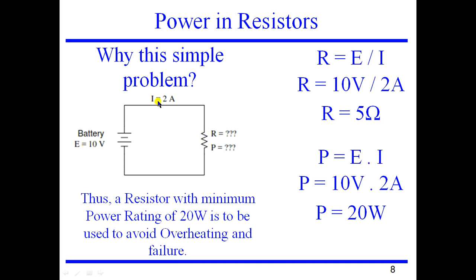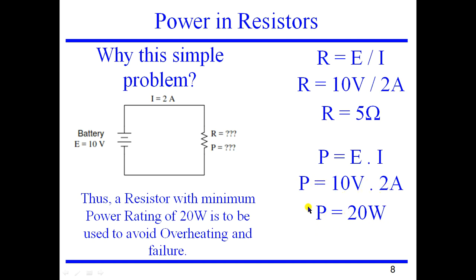Now you know the value of 10, 2, and you also know the value of resistance 5. So you can use any of the three formulas over there. Just to make it very simple, we'll be using this formula P is equal to E into I. If you substitute these three values in any of the three formulas, you'll be getting the same value. So now we'll solve it with this value. P is equal to E into I, so P is equal to 10 into 2 amps, which is equal to 20 watts.